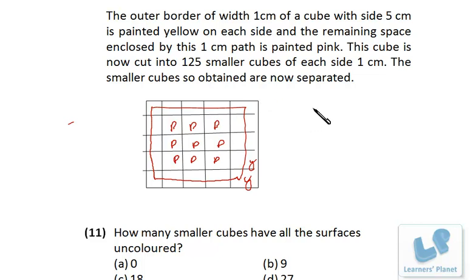So first of all, let's find out 0 faces colored, 1, 2 and 3, right? 3 faces, the 4 corner pieces, they are having the vertex. So 1, 2, 3, 4. 4 from the top layer and 4 from the bottom layer. In all, 8 pieces will be there with 3 sides colored. Which color? That will decide later on, but as of now we discuss this much only. They will be having 3 faces colored.